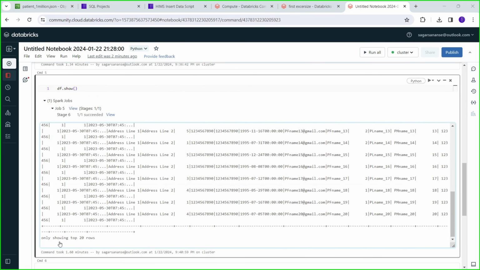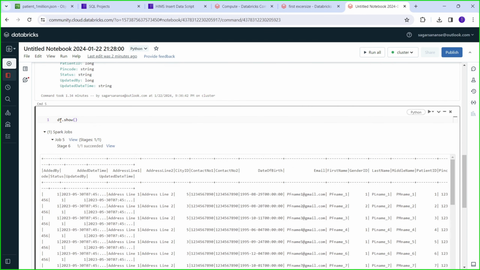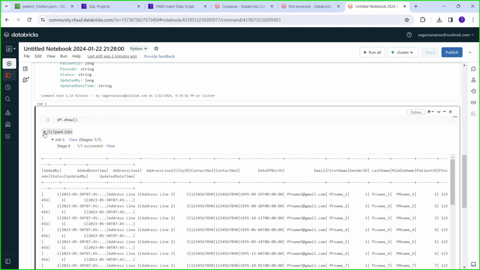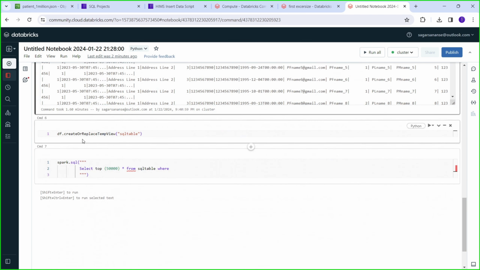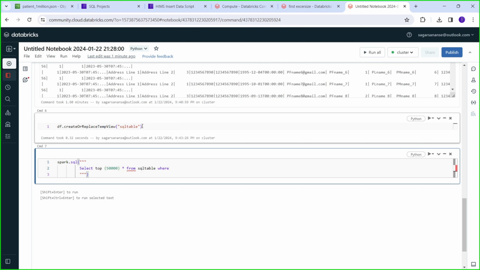As I said, it is only showing the top 20 records here, because we didn't mention any record count, for example df.show(500) or 50,000. If we say 1000, then 1000 records will show here. Next, I'm going to convert it into a SQL table. df is a data frame, and create or replace temp view is the function with which we can convert it. It is converted, and when we execute it